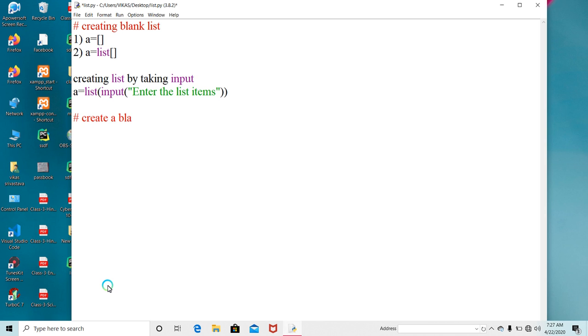Third, you may create a blank list, and create it from user input. Here only one time we will press enter, and all the values will come in the form of more than one element.